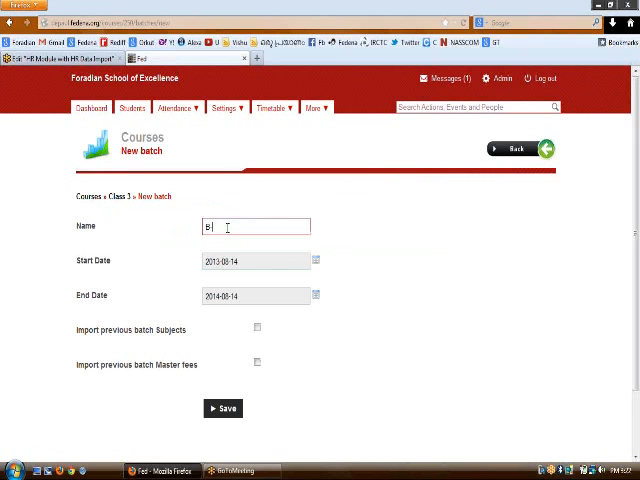Let's say B 2013, the start date and end date, and we have two more options here called import previous batch subjects and import previous batch master fees. So the one that we have created